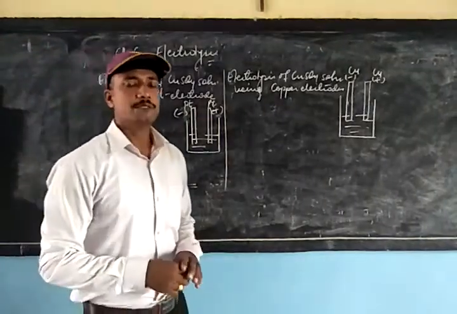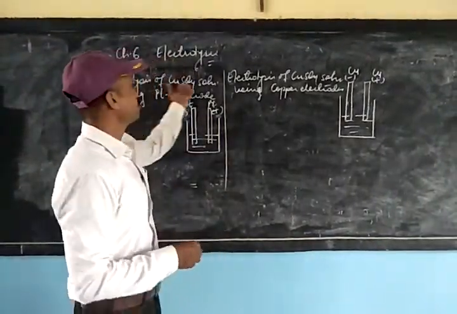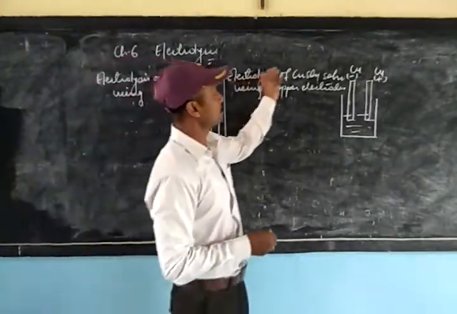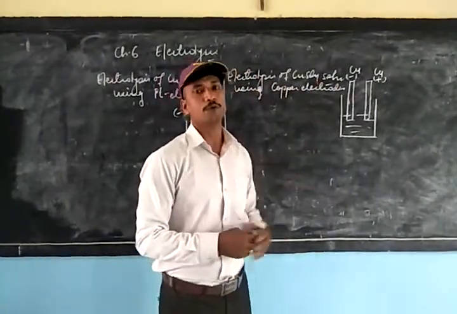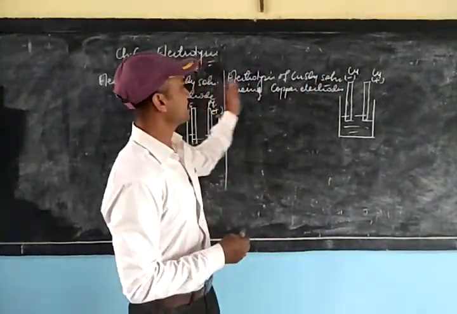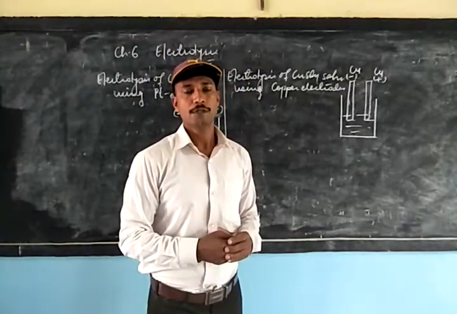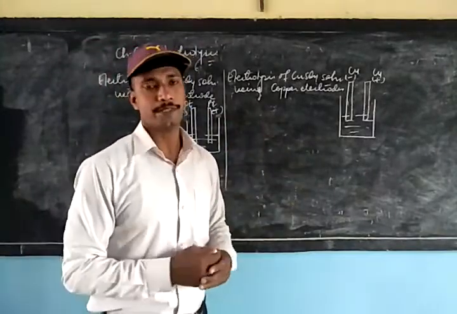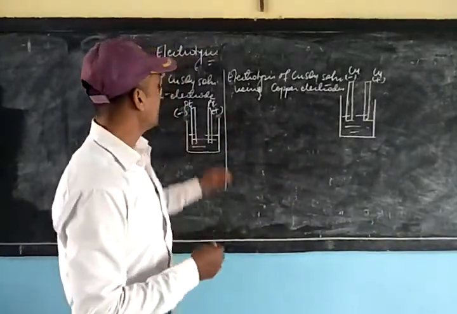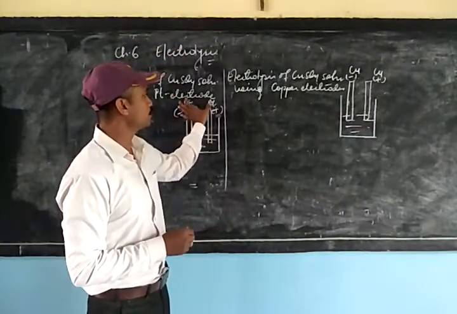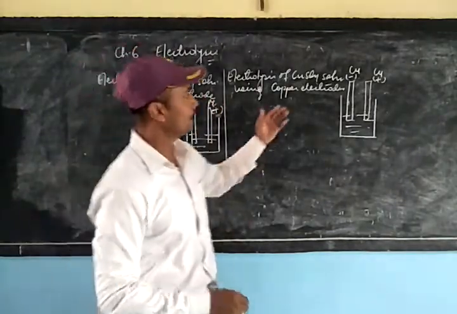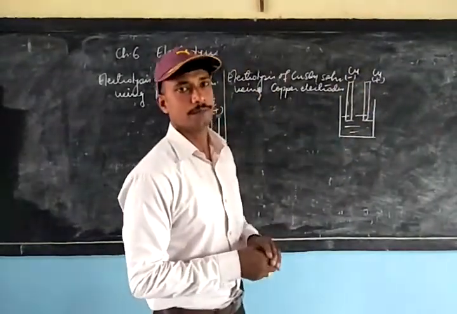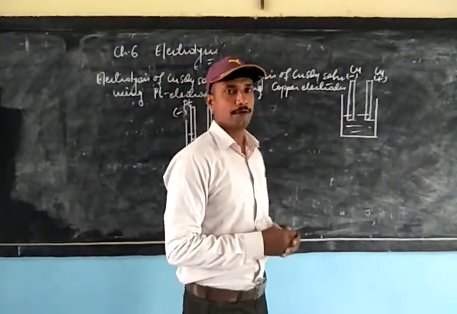So our next examples are electrolysis of copper sulfate solution using platinum electrode and electrolysis of copper sulfate solution using copper electrode. I am going to take these two electrolysis together just to show you the differences when the electrodes are being changed. So here the electrodes taken is inert electrode where the electrodes are platinum, and here the electrodes are made of copper, that is copper cathode and copper anode. Let us see what the differences are.